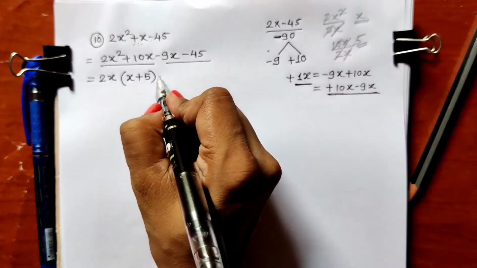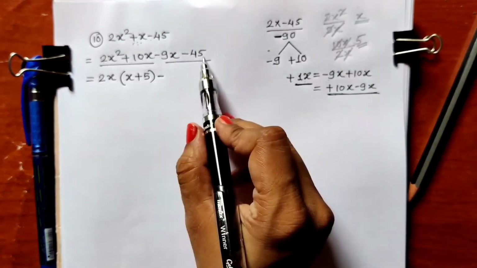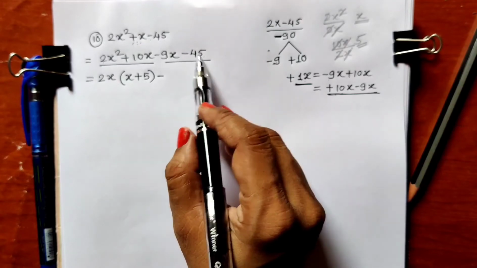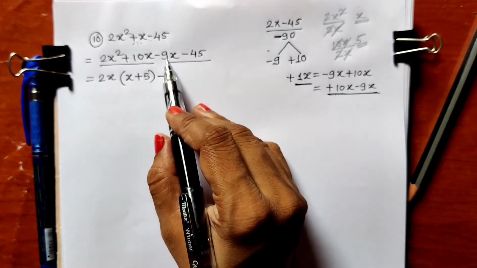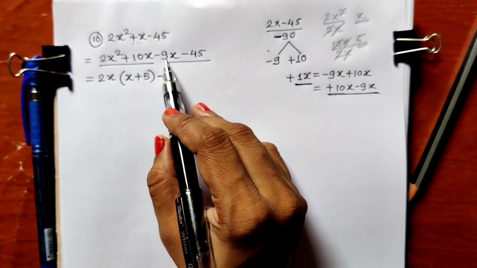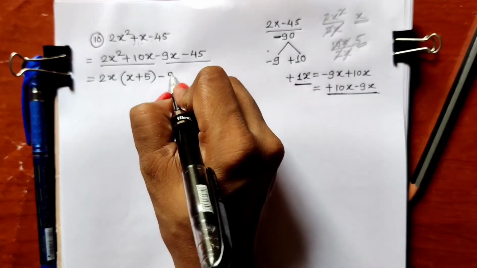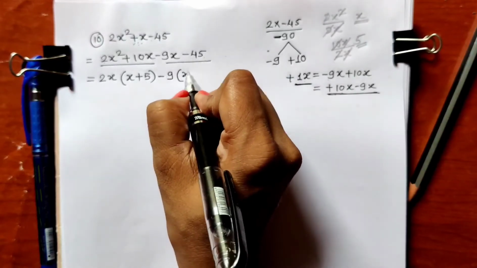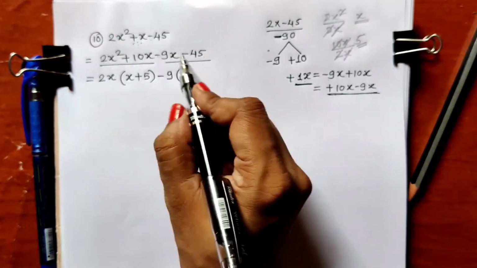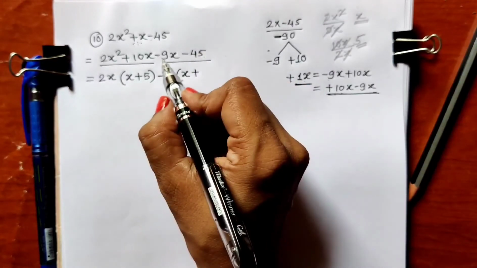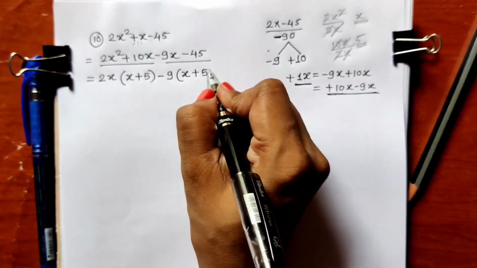Now minus sign is there, put the minus sign. Variable is not there, variable is not common. Let us check about the number. 45 is divisible by 9. 45 is there in the table of 9, and that's why 9 can be taken out common. From first term 9 is taken out common, x is remaining, so write x. Minus minus will become plus sign. Now 45 divided by 9, 9 5s are 45.